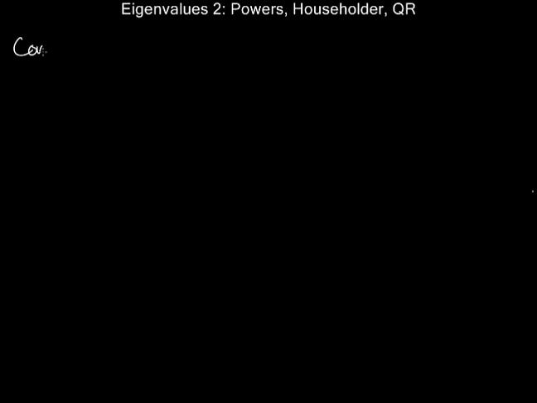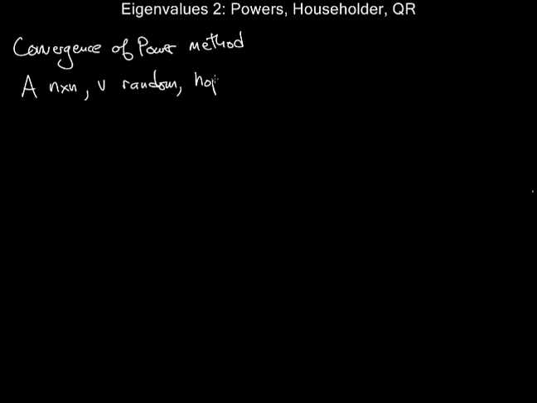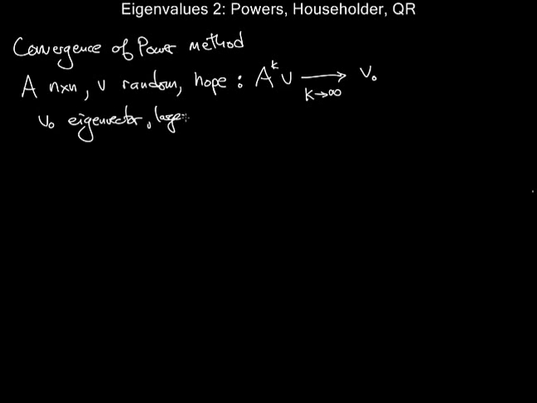We're going to continue our discussion of algorithms to compute eigenvalues. I want to first talk a little bit more about the power method and then go on to some other things. So we had an n by n matrix, and the idea was we took a random vector v, and then we hoped that if we took A to the k v, and higher powers of A, that we would approach the eigenvector with the largest eigenvalue, and that would be a way of figuring out both the largest eigenvalue